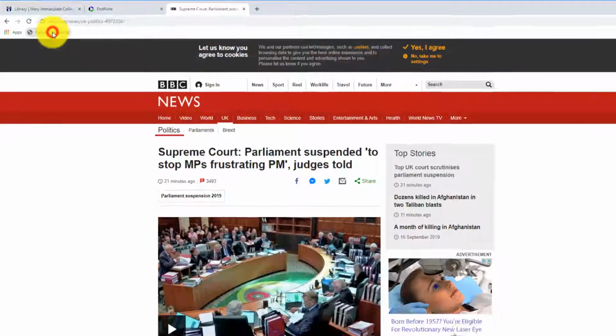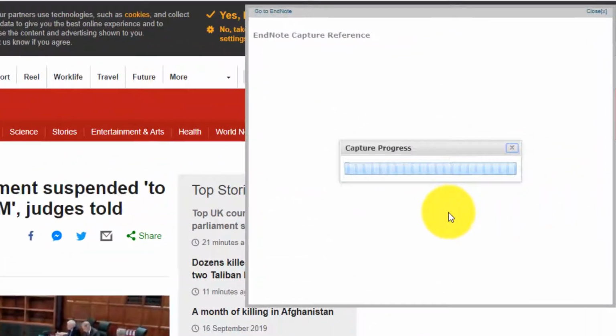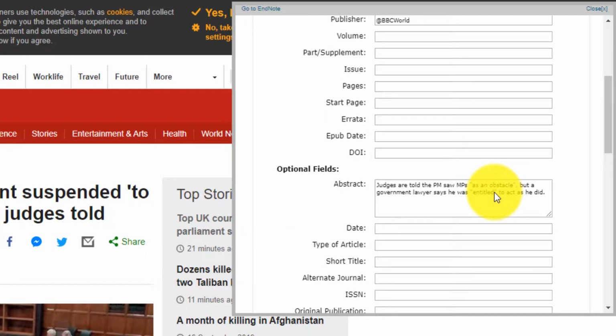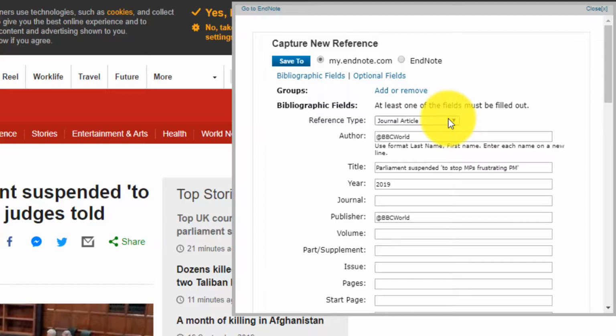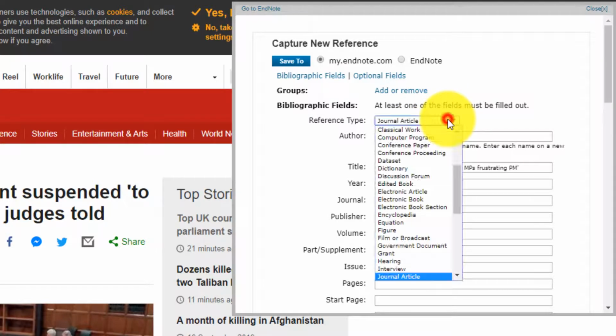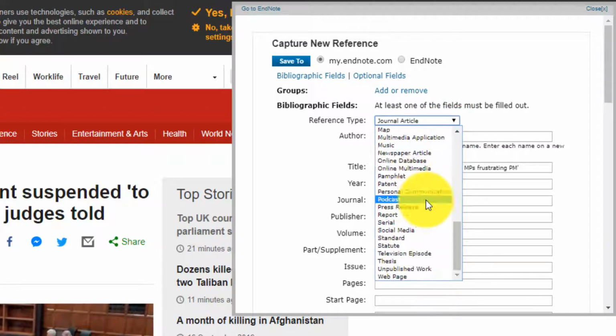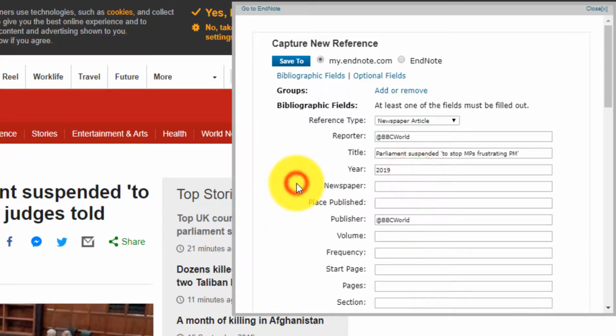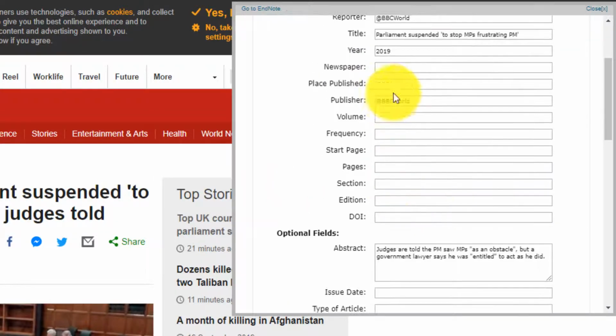So if I want to capture the reference for this particular article, I'll just click on capture reference when I have the page open, and that's going to create an EndNote pop-up. So some of the fields will already be pre-populated for us, and EndNote will pull as much of the information as it can from the website. So really all you have to do is choose what is the reference type. So is it a journal article, is it a newspaper item? So this one is newspaper, so I'll just select newspaper article,